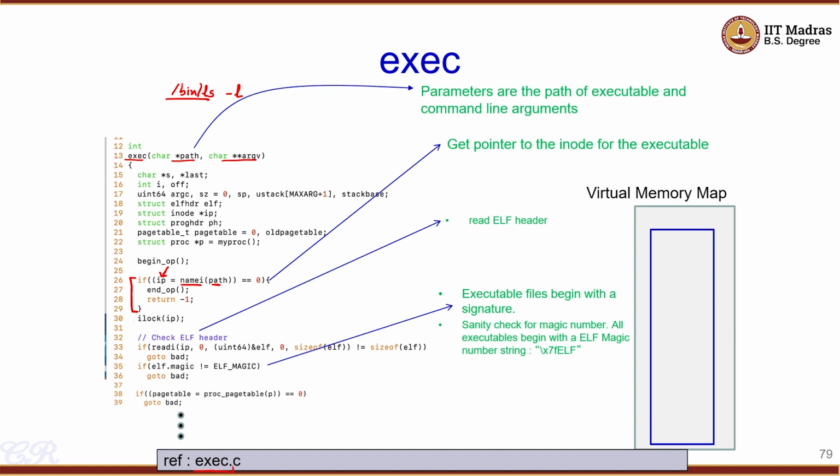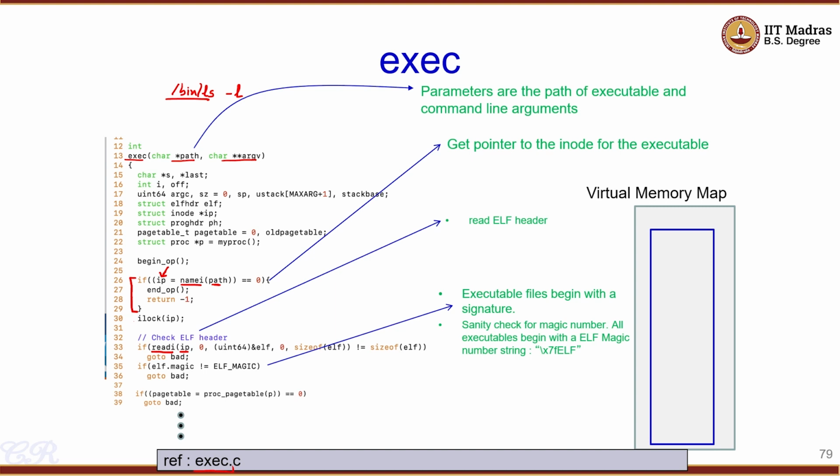The way I read the ELF file is using this function called readi. This function takes ip, which is the pointer to this inode, or to this file stored in the hard disk, and in this call